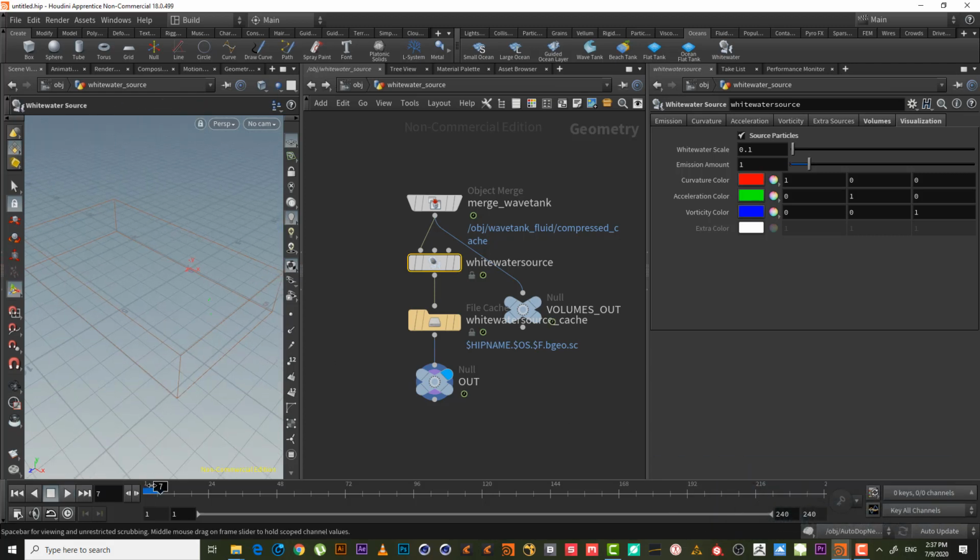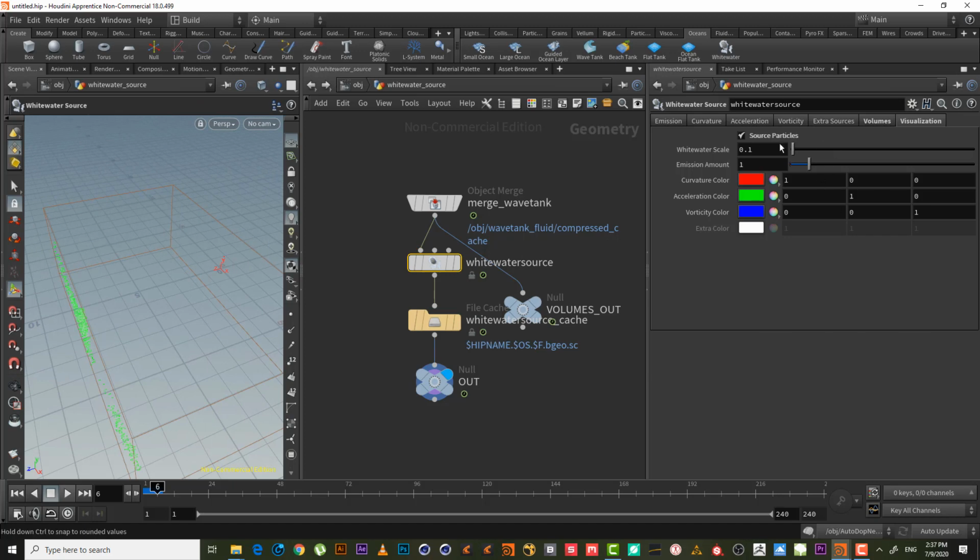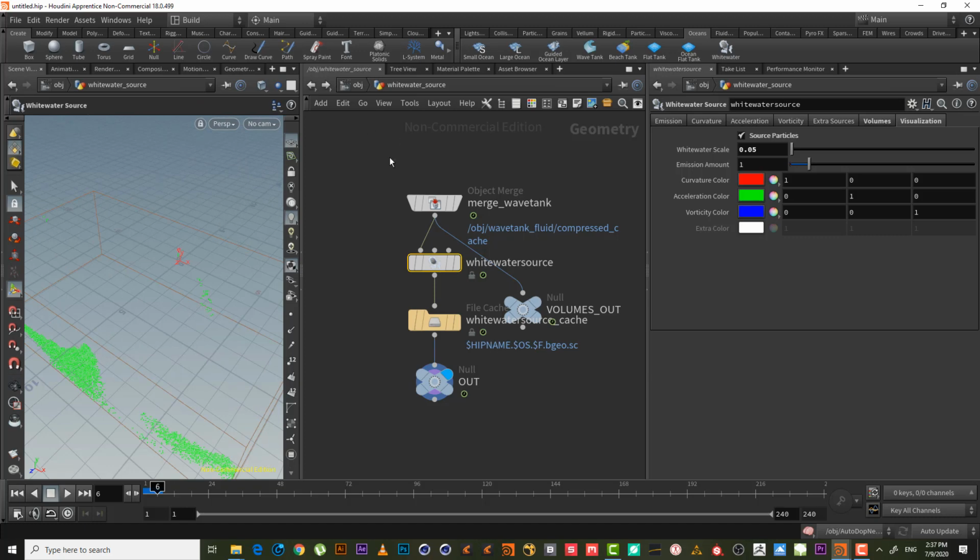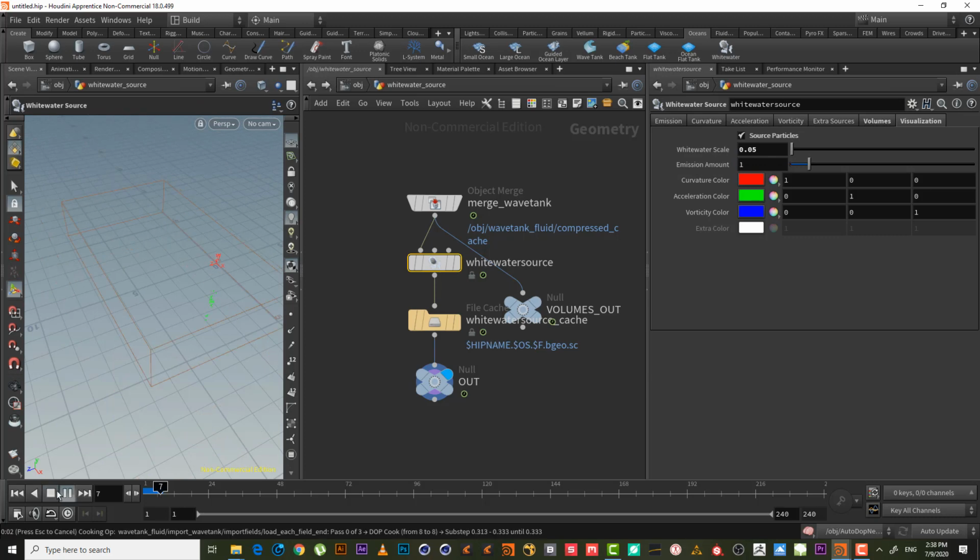As we can see here, the wave or the white water source is becoming everywhere. And if we increase it, this is also for demonstration purposes. It will not change the real white water particles inside the white water simulation or DOP network, white water sim. Okay, but here just for demonstration only. So as we can see, the particle is everywhere,